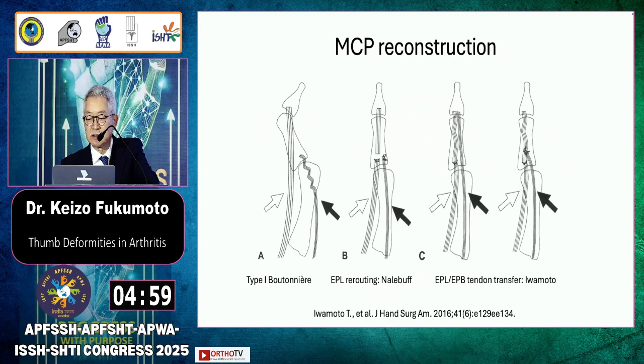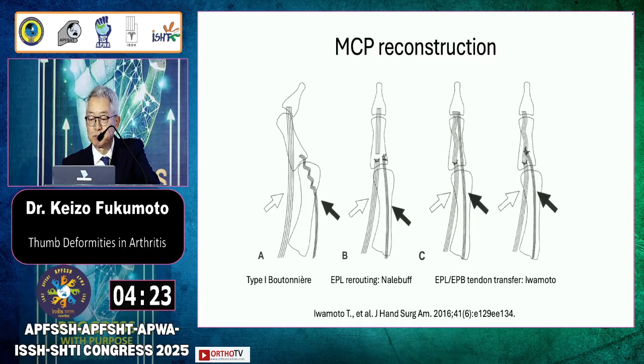A represents boutonniere deformity. B shows the original EPL rerouting technique described by Nalebuff. The EPL tendon is transected and transferred to the dorsal capsule of the MCP joint. The EPB tendon is pulled distally and sutured together with the EPL tendon to the dorsal capsule of the MCP